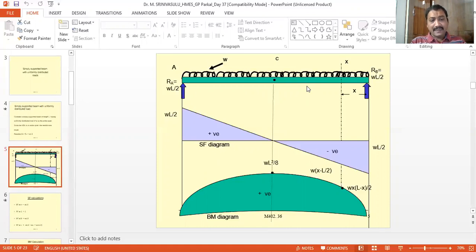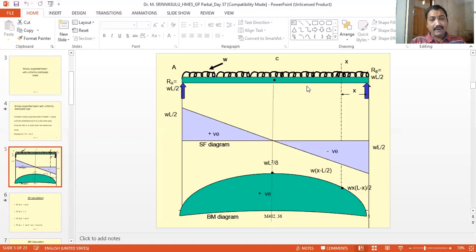Now, the present case is also similar to the case of the point load, the only difference being that the beam is loaded with UDL. The total UDL is acting throughout the whole length of the beam. So we can consider this an example of symmetrical loading having an intensity of w newton per meter length over a length of L.